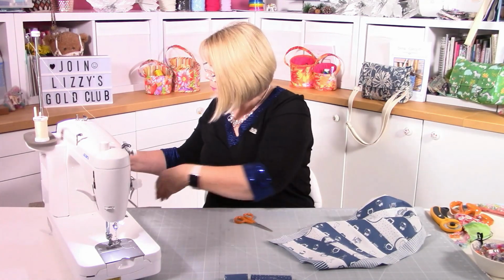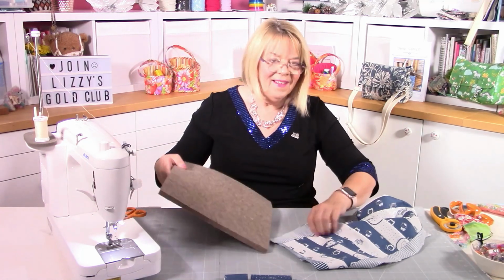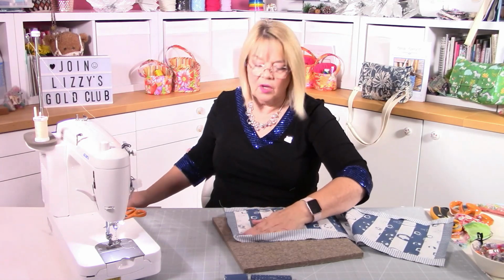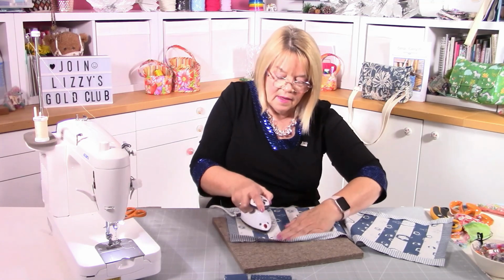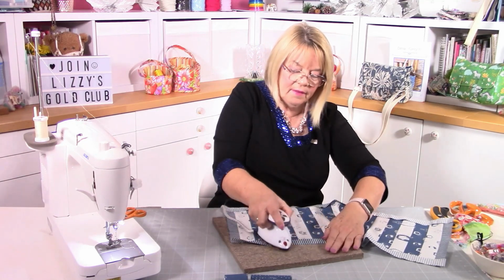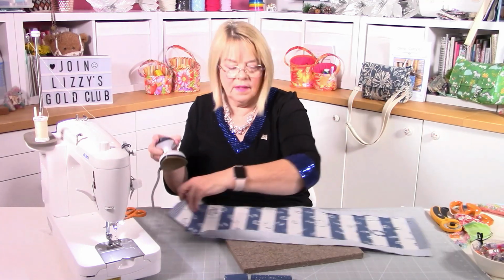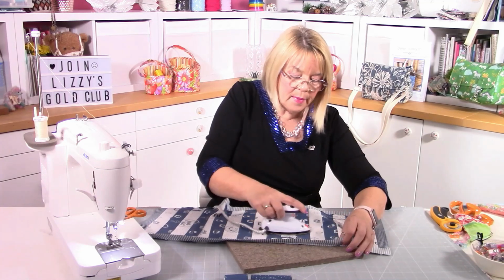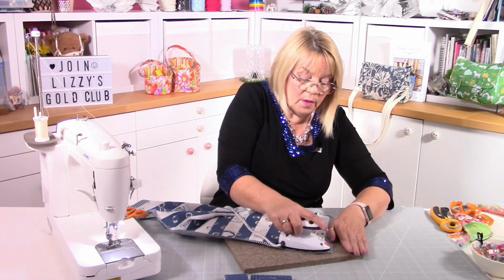So again, let's bring the iron up, and we'll just press those seams. And this time we're just going to push them out. So just put your hand in there and push them away, and then get your iron in there. And because there's no bias in here, if you want to steam at this point, you can, but be careful when steaming,